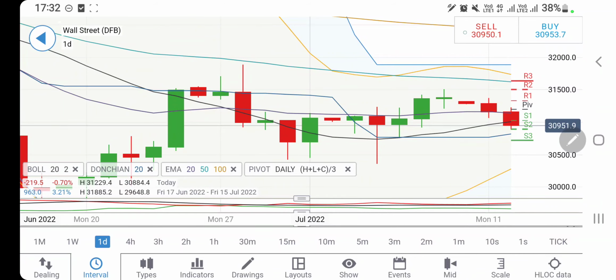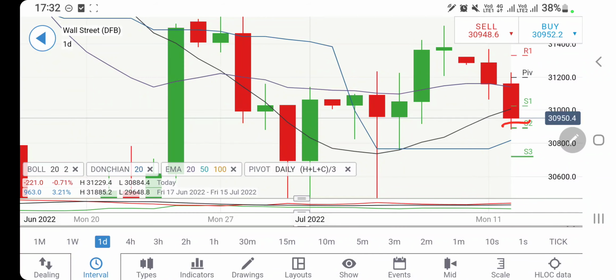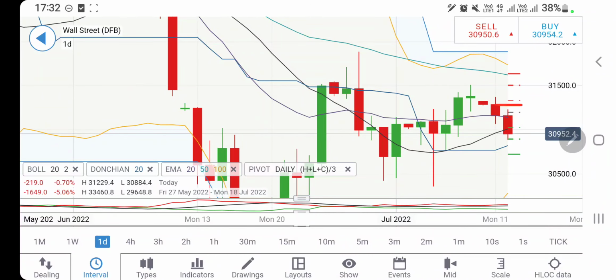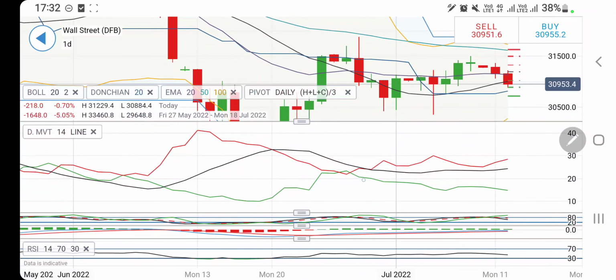But look at the daily charts. On the daily chart, see the body size is increasing. It has seen the high, probably, it appears, and it has seen the low, probably, it appears. So 31,200, 250, you have to be watchful. It can achieve this, 31,750, almost 500 points of swing you can get, and ultimately towards the end it may try to close with a drop, as the body size is increasing in nature. So be watchful of this and take your trades accordingly.